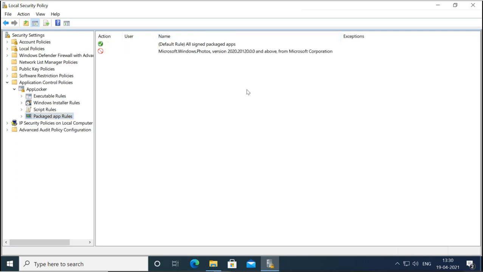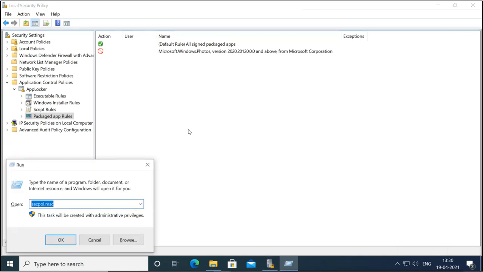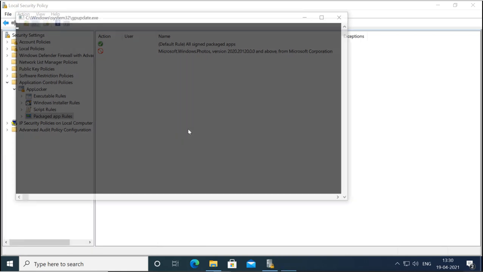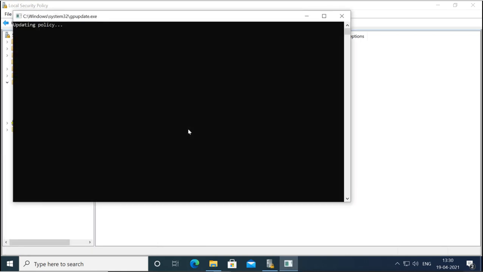Now I can update the rule by using the gpupdate option. I will run it two times.